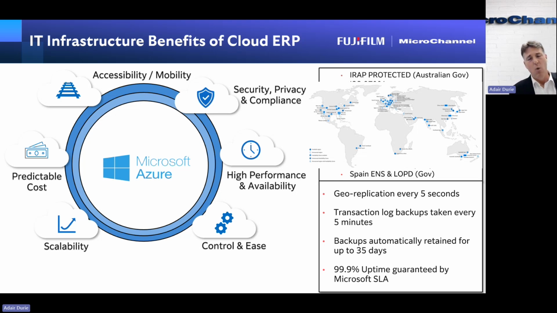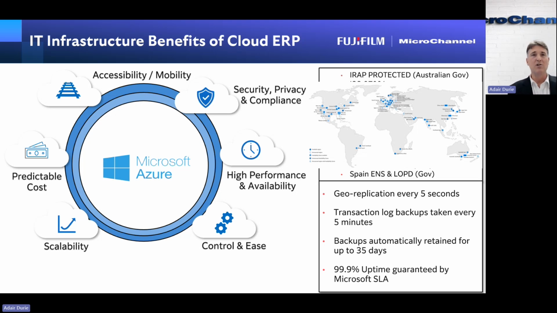One of the big things is that the vendor of your software is in charge, guarantees the performance, and is guaranteeing the availability of your solution. In the case of Microsoft applications, you can choose where your data sits. If you're in Sydney, you might want your primary data to be in Sydney, but then you want your data to be geo-replicated. In the case of Microsoft, every 5 seconds, your data gets geo-replicated to that secondary area. So, for example, that will be Melbourne.